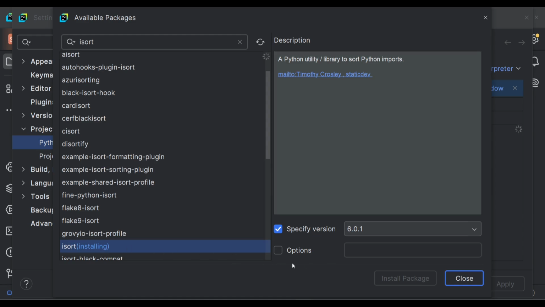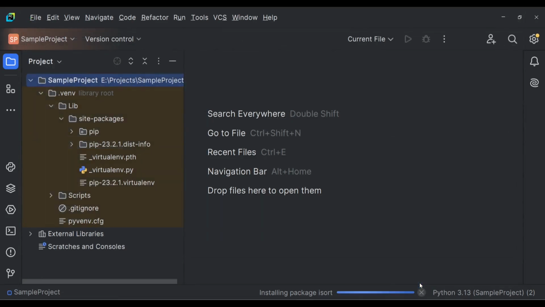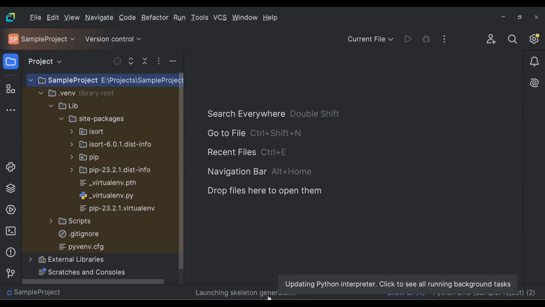So it is saying installing. Let's close this. And once the package is installed, it will be visible here. So we can click on OK. So it is just updating. So I'll click on OK. And once the package is installed, it will be visible here as well. So here we can see it is updating the interpreter. And now the isort package is visible in the site packages also under the library folder, which is under our virtual